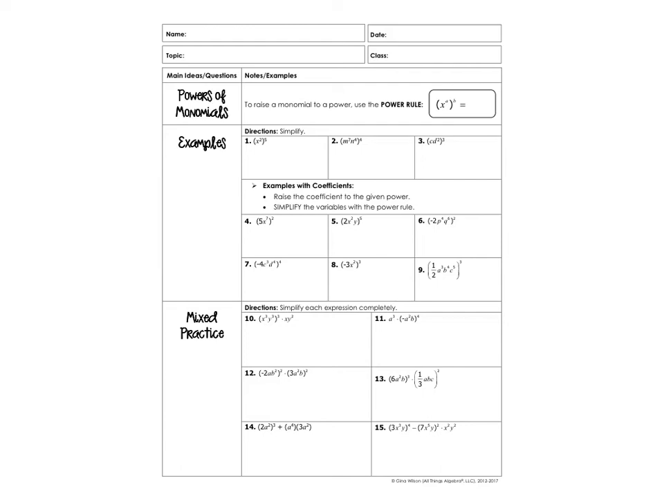This unit is 6.2, and it talks about powers of monomials. So I want to highlight this is the most important part, the powers. So we're really talking about these little things that I highlighted. It says that to raise a monomial to a power, use the power rule, which states x raised to the